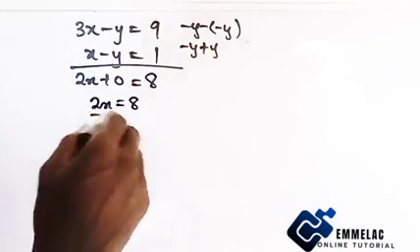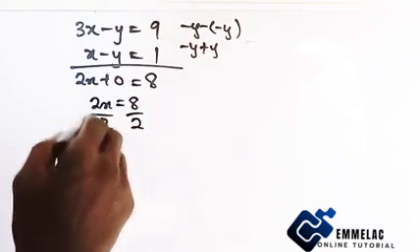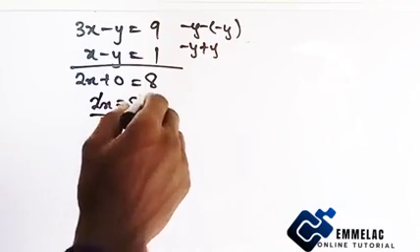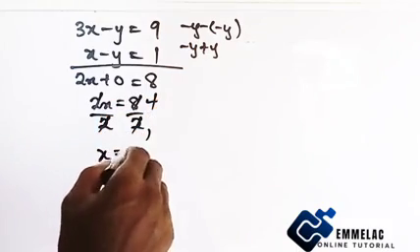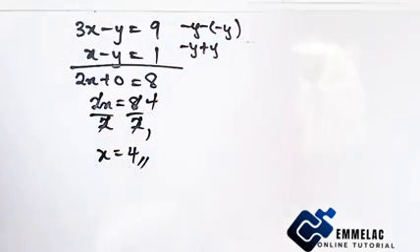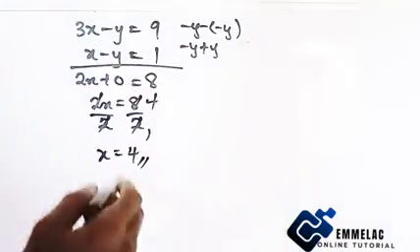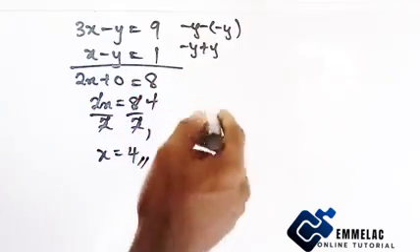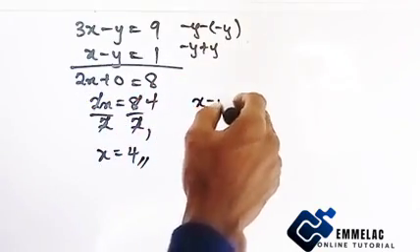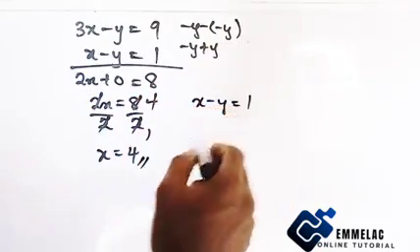Now divide both sides by 2 to find the value of x. This cancels this, 2 divided by 2 is 1, 8 divided by 2 is 4. So our x equals 4. Now if our x equals 4, put x equals 4 in either of the equations. From equation 2, we have x minus y equals 1. So putting x